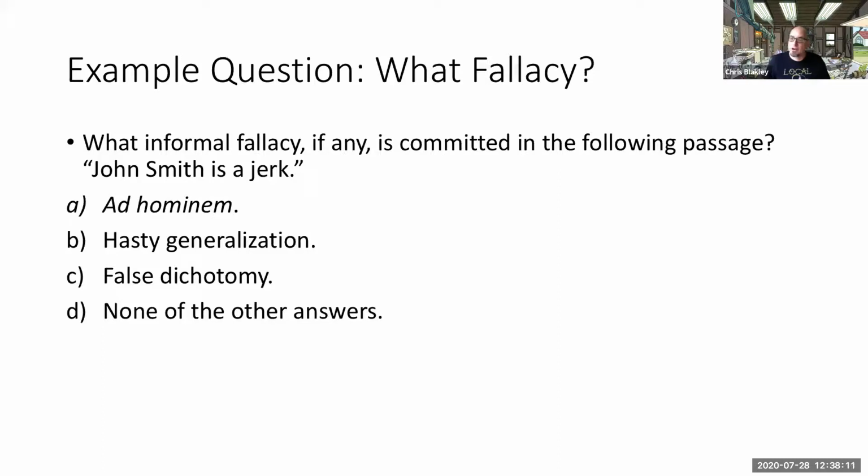And in order to have an argument, you got to have at least two statements. You got to have a premise and a conclusion, right? So not just two statements, but two statements such that the truth of one of them, the premise, is said to support the truth of the other, the conclusion. So in other words, you got to have premises and conclusions there, right? That's just one statement. So contrast John Smith is a jerk with John Smith is a jerk, therefore his view